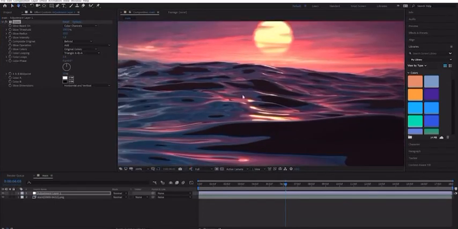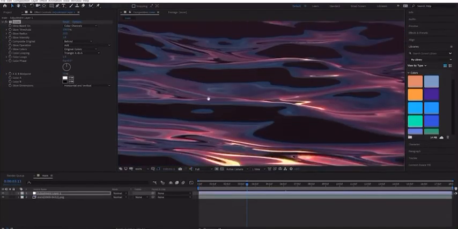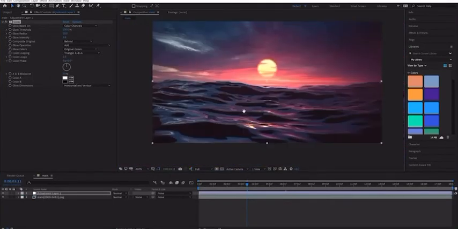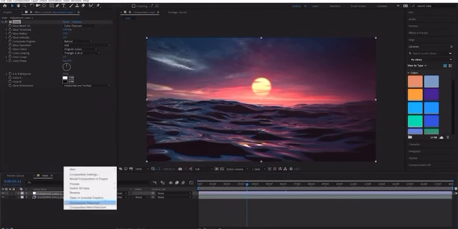It's really more prominent down here on the ocean surface. The highlights from the reflection of the sun, if we enable glow, they just end up popping a bit more. So we might not want to have this so strong up here. Let's just see the before and after. It's not too drastic, but what I might do is